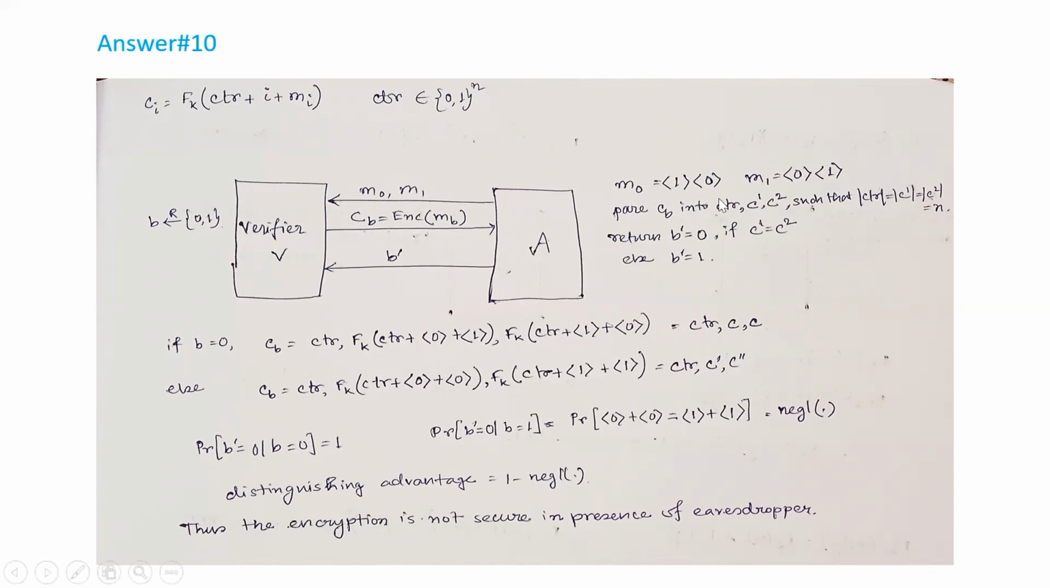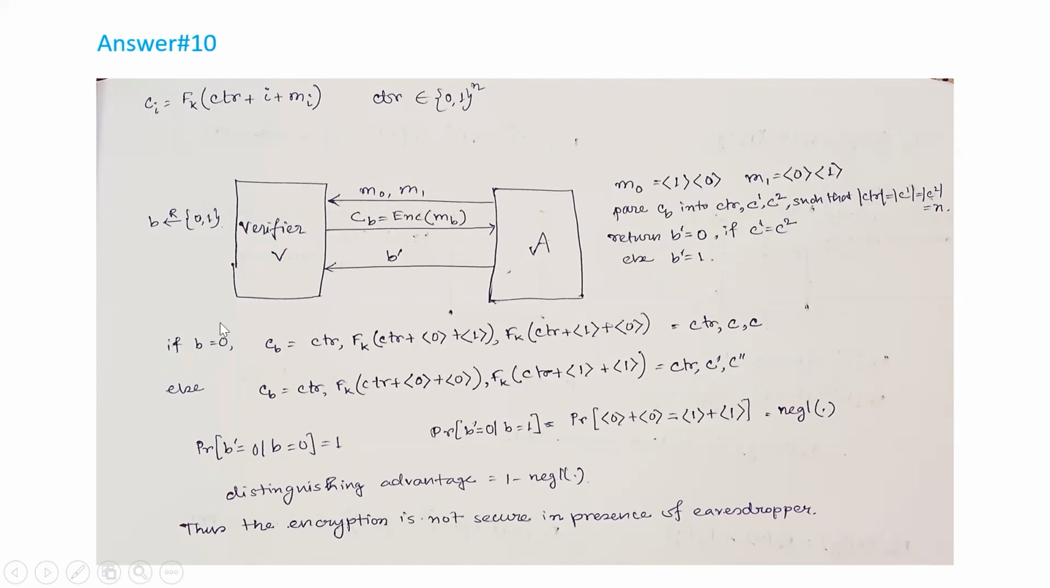What you can do is provide M0 and M1 of the following form. M0 has the first block being the encoding of value 1 and the second block being the encoding of value 0. So there are two message blocks in M0, and in M1 also there are two message blocks. In M1, the first block is the encoding of value 0 and the second block is the encoding of value 1. Now, whenever